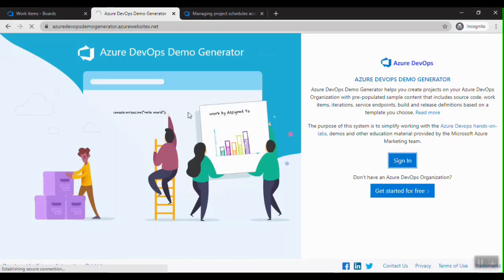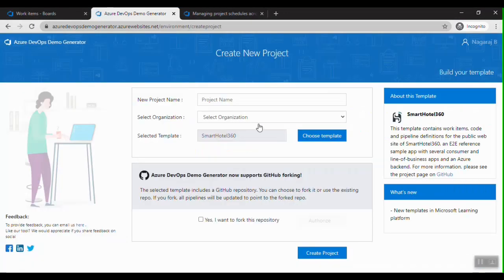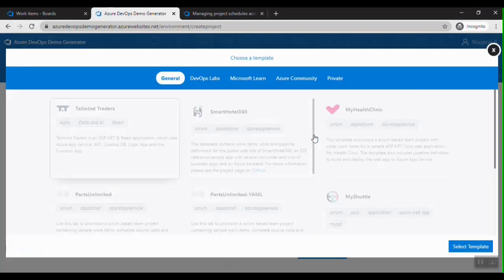Let me sign into the tool and let me choose the template.